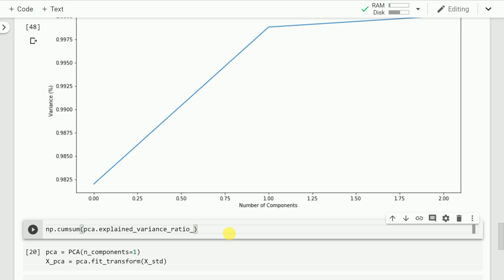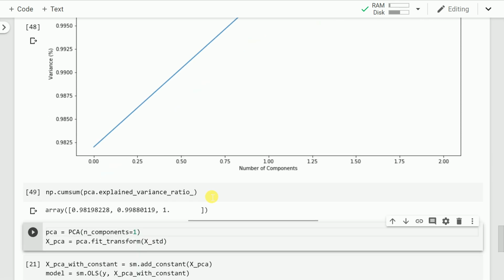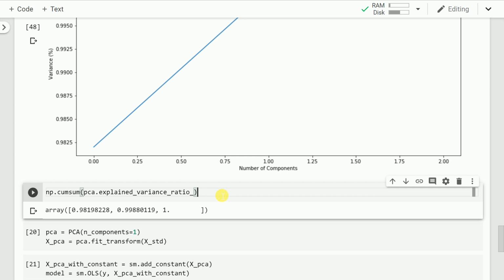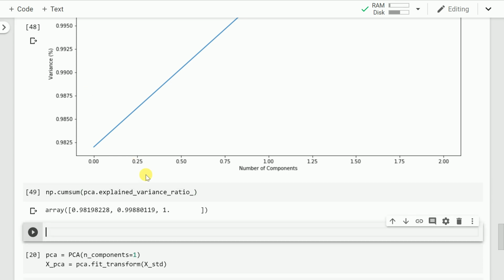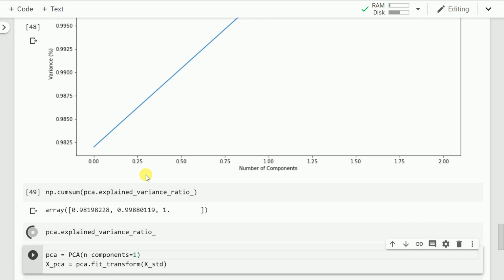Let's see the actual outputs in numbers rather than visualization. As you can clearly see, the total variance of the data captured by the first principal component is around 98.1%. The total variance captured by the first two principal components amount to a total of around 99.8%. So most of the variances are captured by the first two components itself, and the third component just adds it up to 100%. Let's see their individual contributions as well. So I run the cell,